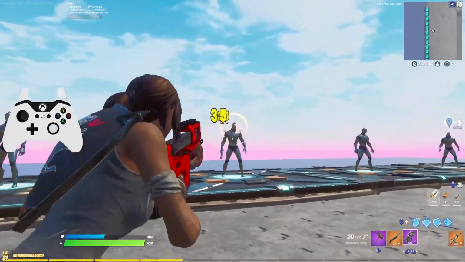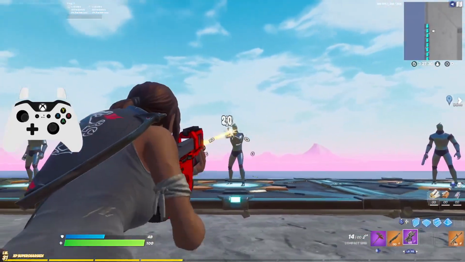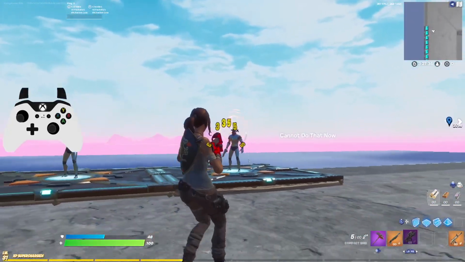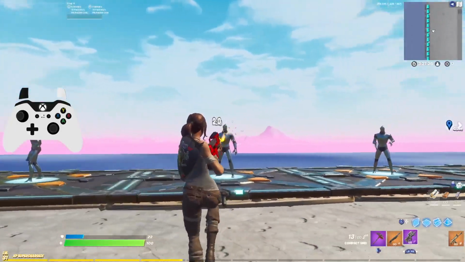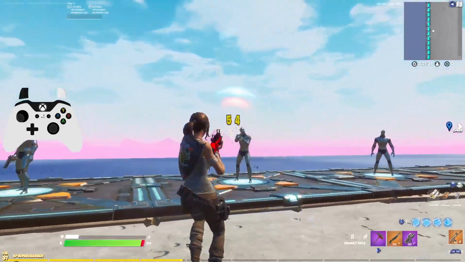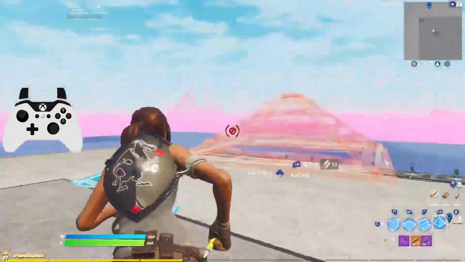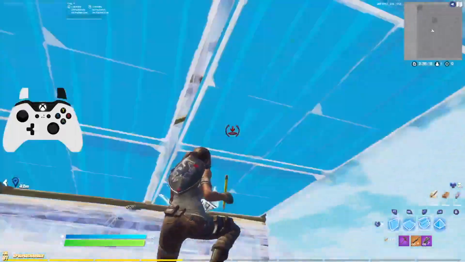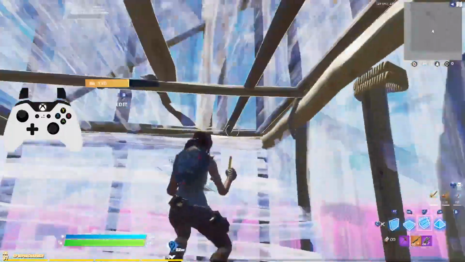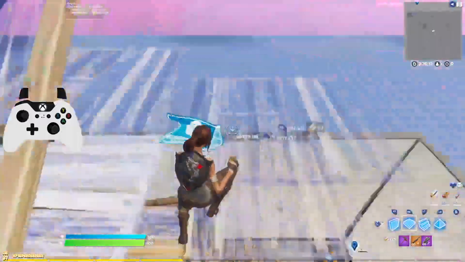So when it comes to this season for linear, I think the best bet for your sensitivity is to find something that you feel really comfortable with hitting your close range shots with your shotgun. So that's going to depend on your X and Y sensitivity, so your vertical and horizontal. I had a 48% and a 47. You want to have a great sensitivity that allows you to hit flick shots and also have really stable aim close range. And you also want to have a slow sensitivity for longer ranges,